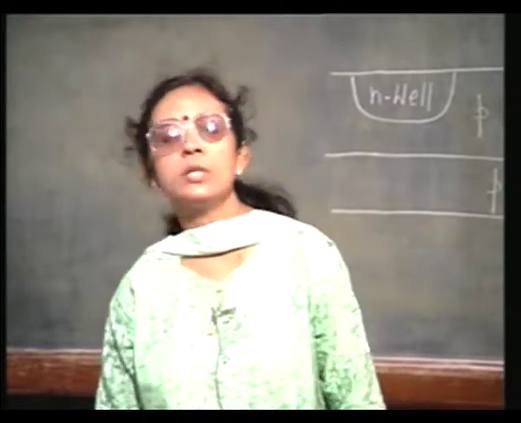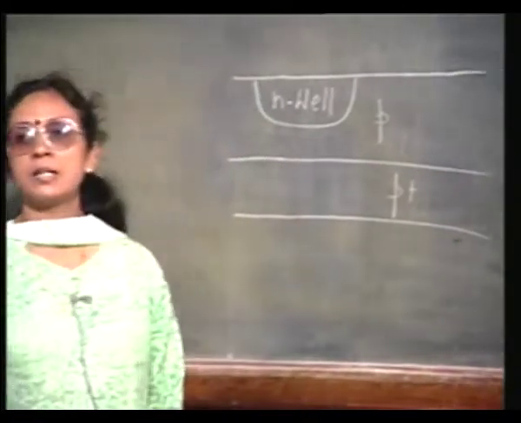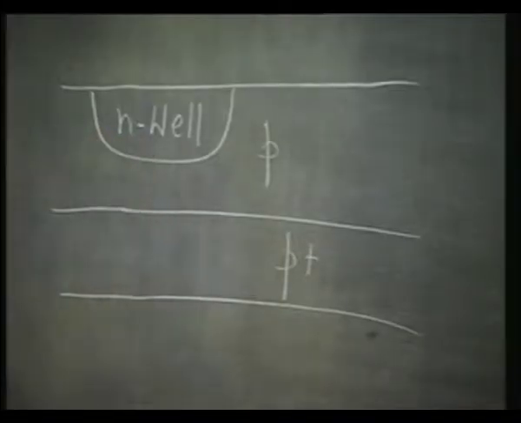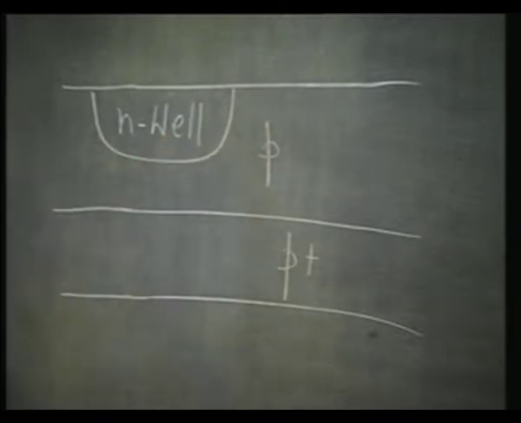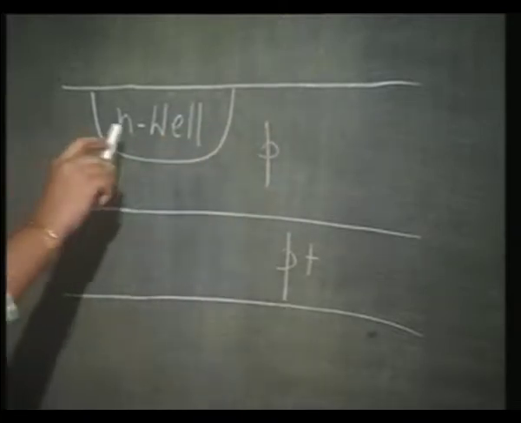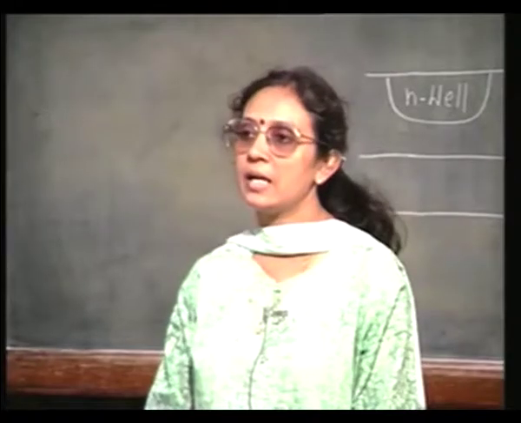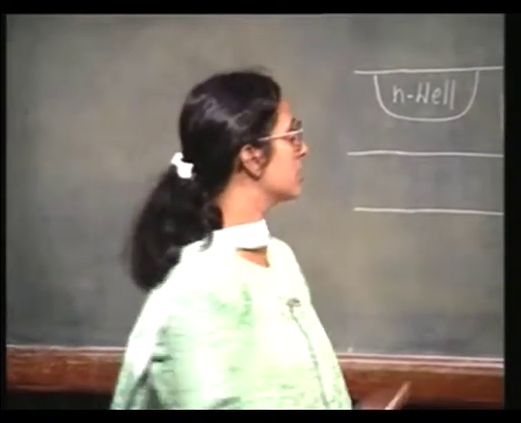Okay. So, if I have a P on P plus substrate, if I want to realize a CMOS device, I must have an N-well, right. This P type substrate can be used for the NMOS device, and inside this N-well my PMOS device will be housed. Okay. Now, while doing this N-well, I can have another N region implanted in the substrate,